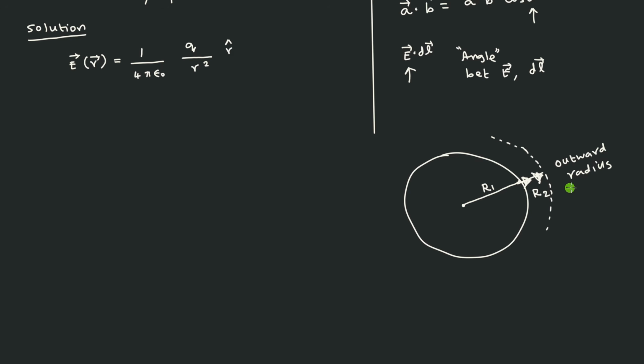Radius actually doesn't have any direction. Radius is only a numerical number: how many centimeters is the circle's radius? The outward and inward concepts are brought in to deal with vectors. You ask the question, how will you increase the radius of the circle? You have to travel in a particular direction so that the size of the circle increases. That is called the outward direction. Inward direction means the direction in which you have to travel so that the radius of the circle reduces, so you take the opposite side.